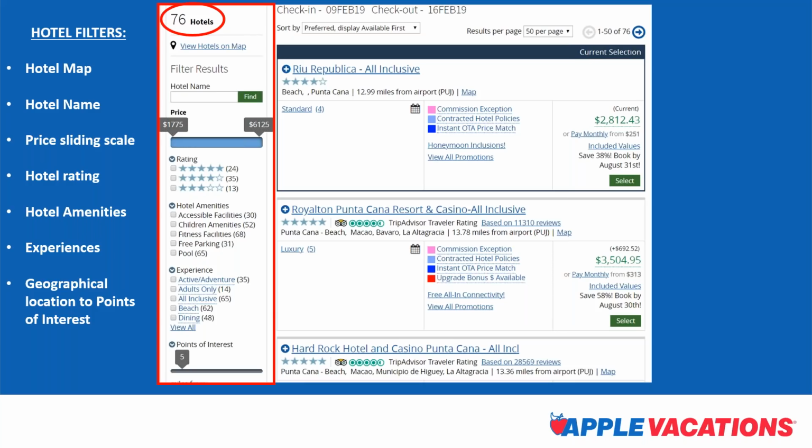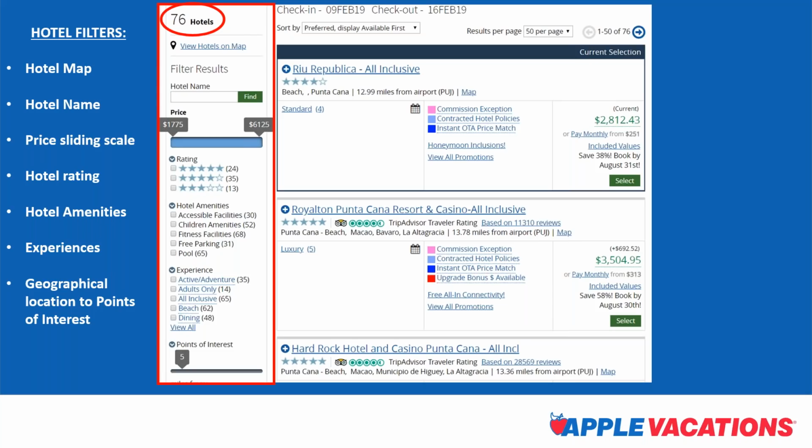You can also search by hotel rating, and you'll notice that in this case, the hotel ratings are in stars, but keep in mind, Apple Vacations Anchor Store doesn't exist yet. So I am basically showing you this example from one of the current brands that are currently in VAX. But when Apple's booking engine is in VAX, those ratings will be in Apple's, just like you're familiar with. But you can also search by hotel rating. You can search by hotel amenities.